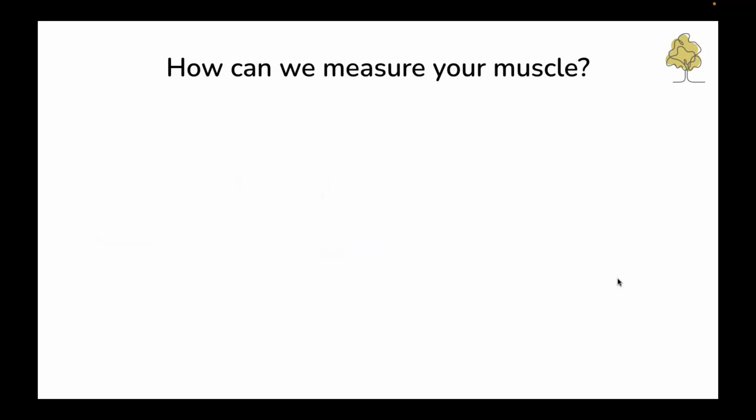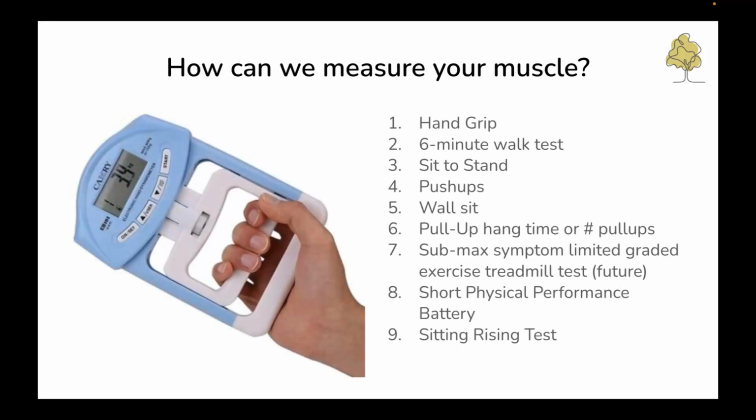So how can we measure your muscle? Well, one way is to do all these various functional assessments and strength assessments that an exercise physiologist can do that we encourage you to do as part of your homework for last month. So get yourself assessed by an exercise physiologist who can test your hand grip strength, which is an important marker for overall health and a very strong indicator of your overall strength, but also some of these functional tests that